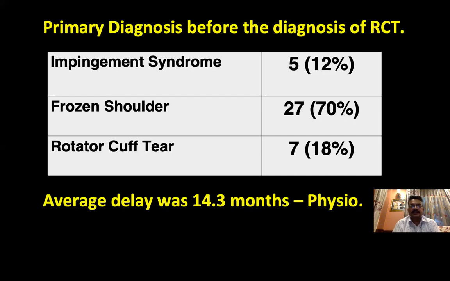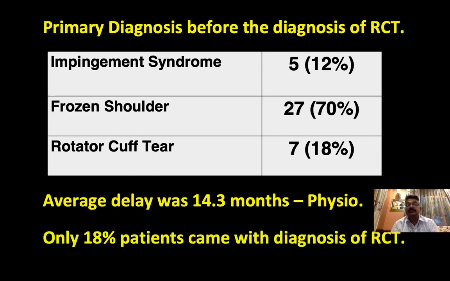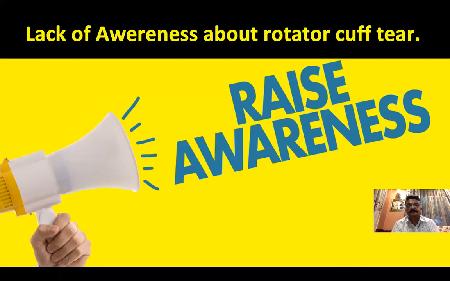Further analysis of these 39 cases, though it is a very small case series, shows something remarkable: the average delay of diagnosis was about 14 months, and all of these patients were tried and tested with physiotherapy. So we diagnose them as a frozen shoulder, and then we send them for physiotherapy. And only 18% of the patients came with the diagnosis of rotator cuff tear. So this was the current scenario of ours, which clearly indicates that probably there is a great lack of awareness amongst ourselves, amongst the clinicians as well. That is why this presentation basically hovers around raising the basic awareness or the basic information that is